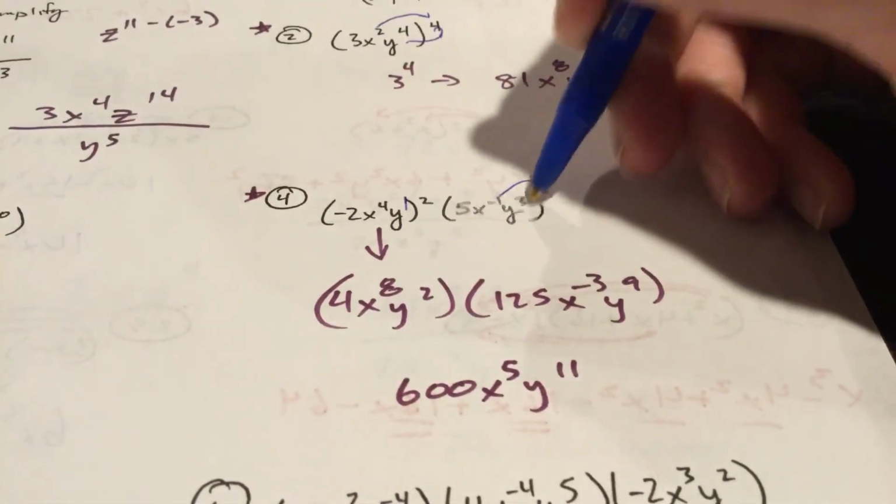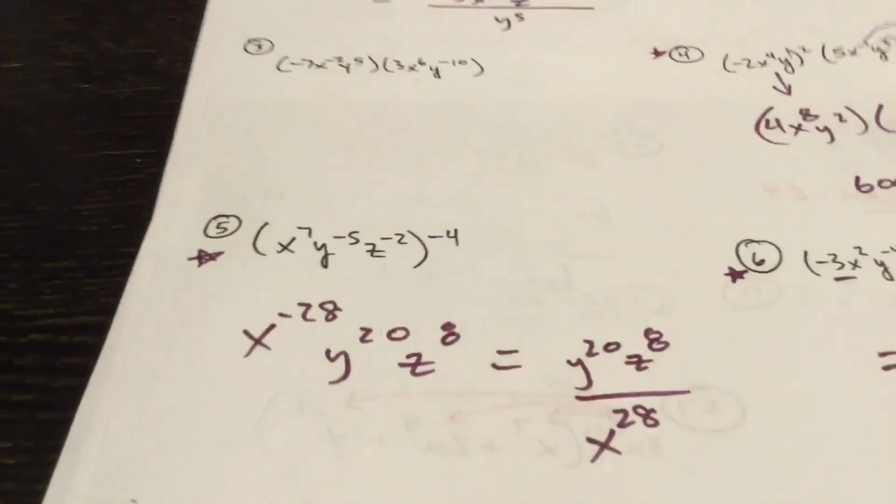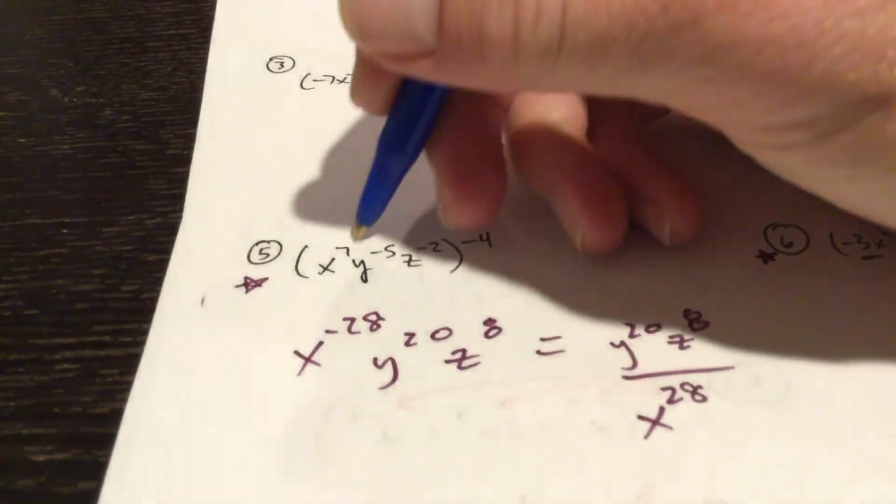Then I have a power to a power, so multiply those exponents. And then add: x to the 8th times x to the negative 3rd is x to the 5th. Y to the 2nd times y to the 9th is y to the 11th. 4 times 125 is 500. Here I have a power to a power, so I'm going to multiply those